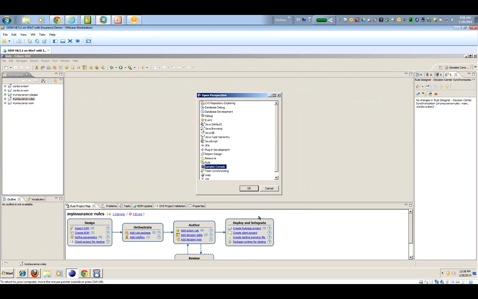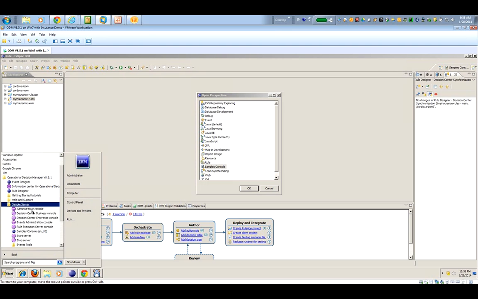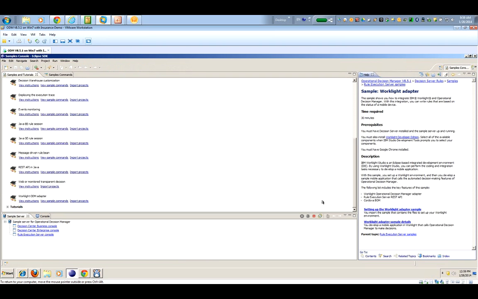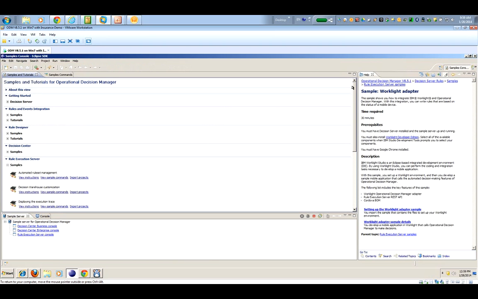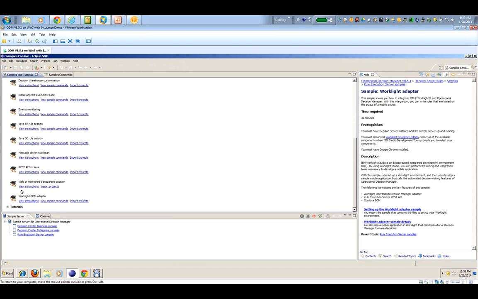So when you go to the Rule Studio, Rule Designer, launch sample in tutorial sample console, and from there under Decision Center, you will have Worklight ODM adapter, and it will load up all the sample solutions and sample rule projects that you can look at the code and how it's being written. So this whole tutorial contains both rule projects as well as the Worklight Studio side of code that you're gonna import into Worklight Studio. Okay, so this is the Worklight sample rule project side,